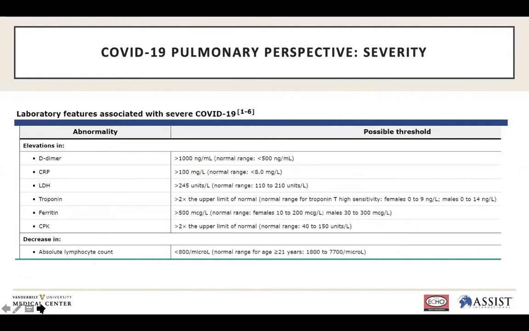We're trying to measure severity on admission and to try to gauge as to whether the patient needs to be in the intensive care unit or not, particularly when our resources are limited. Clinical judgment probably prevails. Some biomarkers could be used, like elevation of D-dimers, CRP, LDH, and you see the list like I do here with troponin elevation, ferritin elevation, or CPKs. An important one is a decrease in lymphocyte count, which seems to be another marker of severity. Next slide, please.